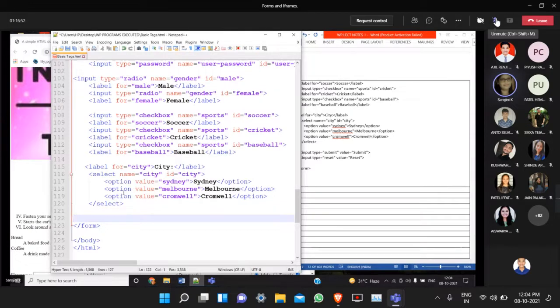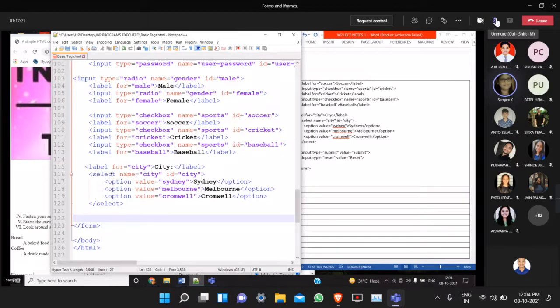Directly within the select tag, you will not write the list items. For example, the first list item Sydney, the second Melbourne, and then Cornwall. All these you can't display directly within the select tag. You have to use another tag called the option tag. So the select tag is a container tag for the option tag.